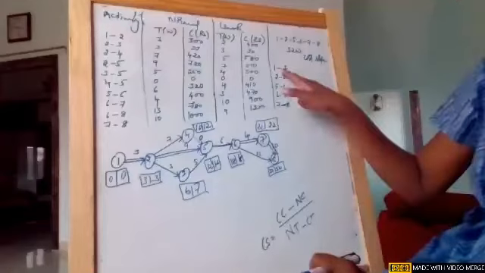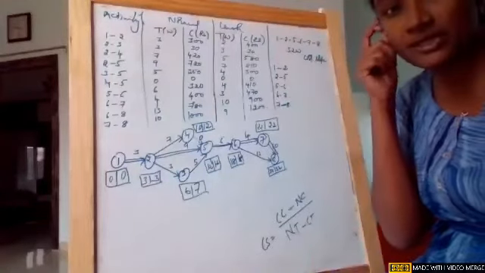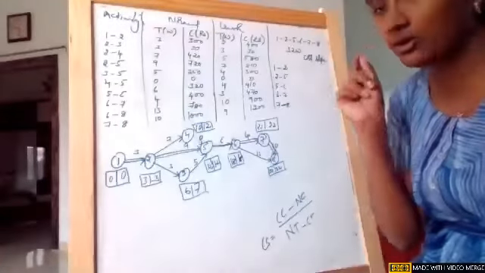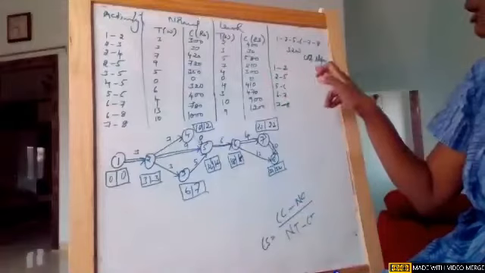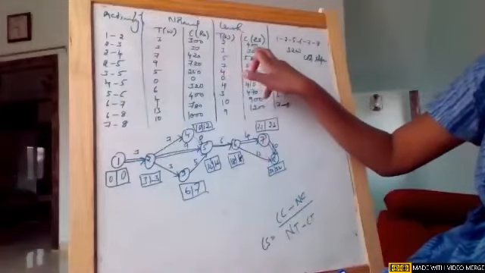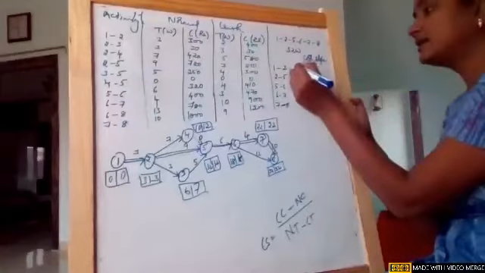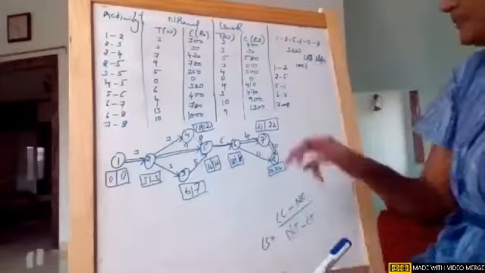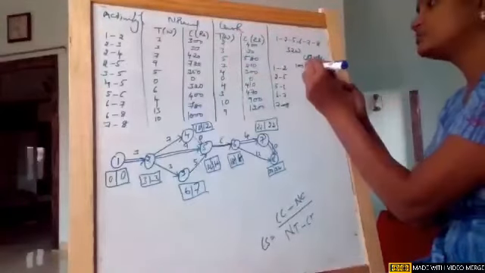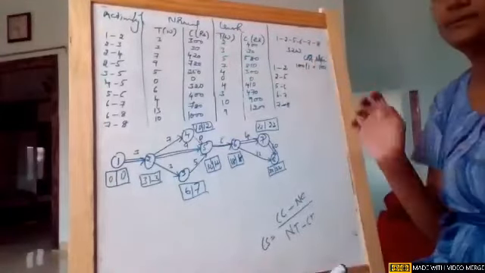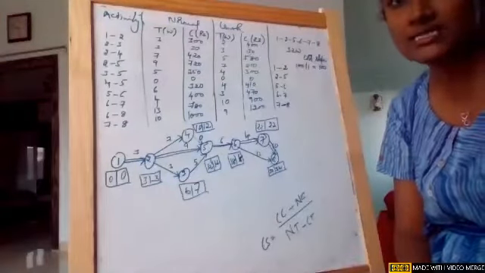So now for the first activity, 1 to 2, if you're having any doubt, you can stop me, girls. I'm just continuing and going on. Okay. For the first activity, 1 to 2, the crash cost is 400, so 400 minus 300, which is 100, divided by normal time 3 minus 2, which is 1. So the slope is 100. Understood? That is how you need to find out the slope for each activity.